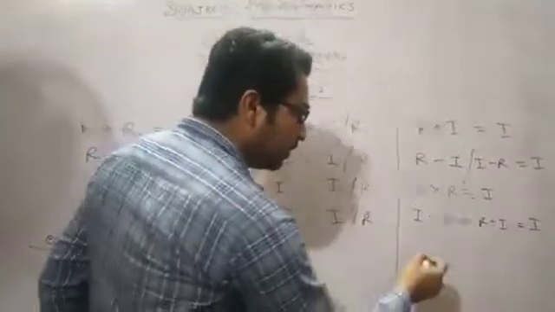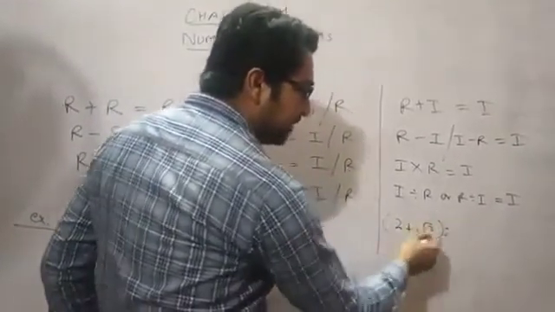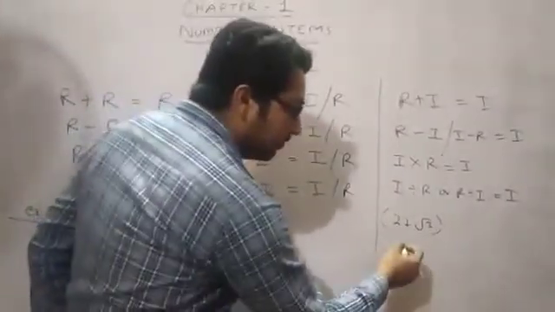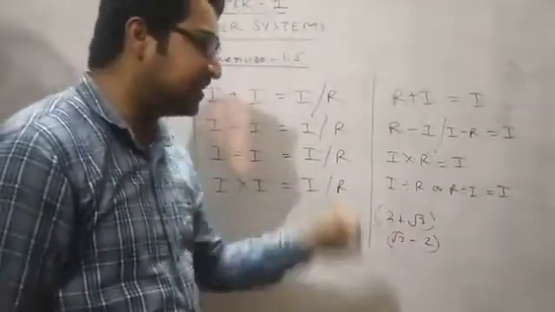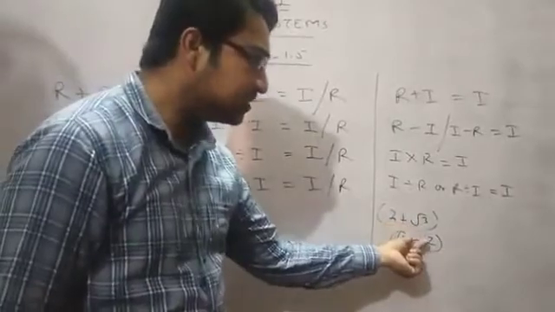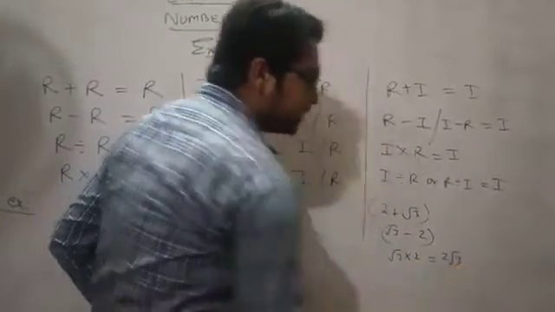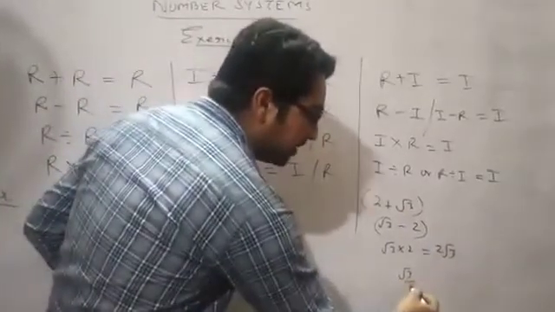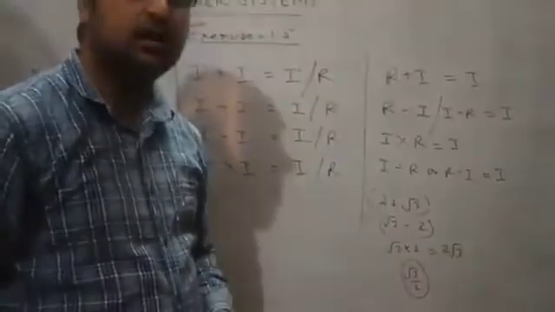Like when we add 2 and root 3, we cannot add 2 with root 3, so it is the form of an irrational number. When we subtract 2 from root 3, the difference is always an irrational number, and these pairs are also called irrational pairs. When we multiply root 3 by 2, we will get 2 root 3. So it is the form of an irrational number. And we divide root 3 by 2. It cannot be solved. So it is the form of an irrational number.